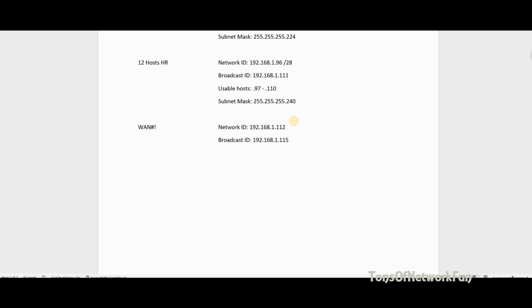Now the usable host, from .113 and .114, right? Because 112 is our network ID, 115 is our broadcast ID, so what's in between is obviously 113 and 114. Subnet mask